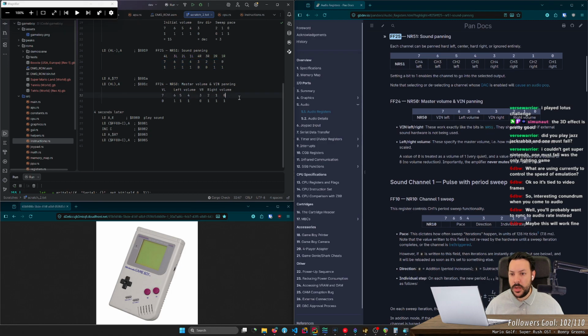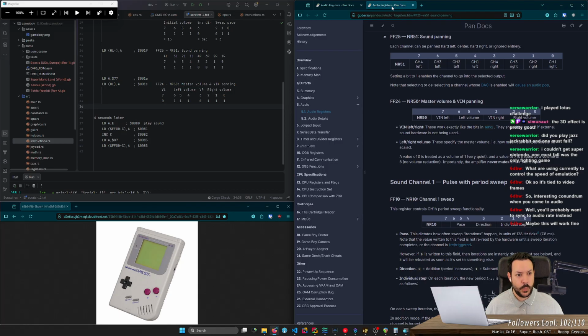And then FF24, which is the master volume. Vin left. These work exactly like the bits in NR51. They should be set at 0. Whatever. So this is going to be 7 for this one, and then 7 for this one.